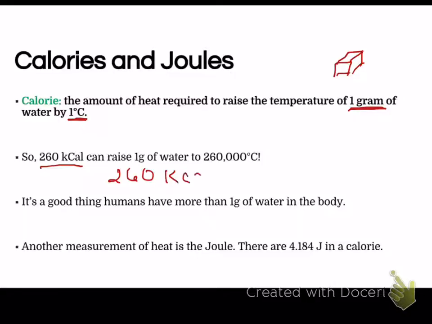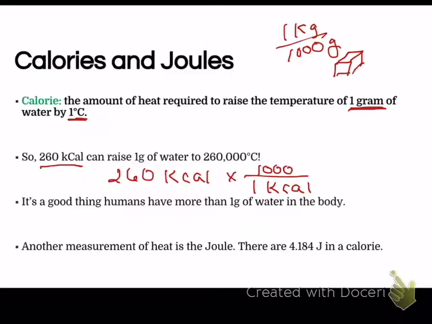So here we have 260 kcals, and so we know that, for example, there's 1 kilogram per 1,000 grams. So in the same way, the same relationship applies here. There's 1 kilocalorie for every 1,000 calories. Okay, and so 260 times 1,000 gives us 260,000